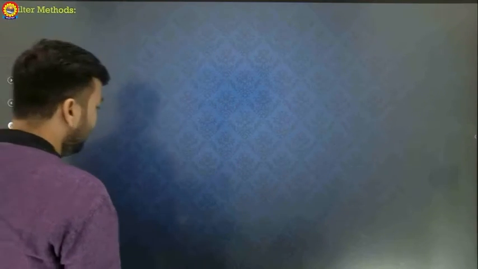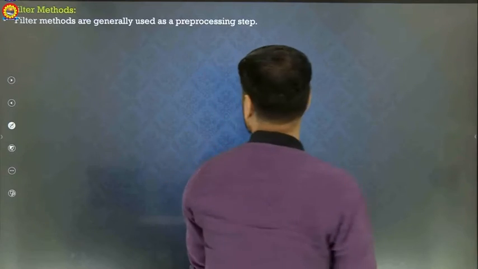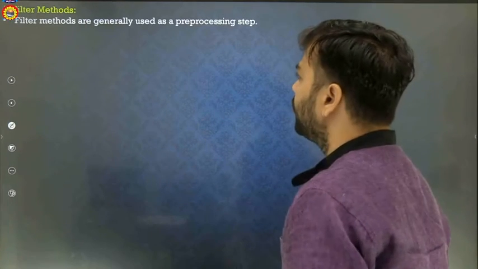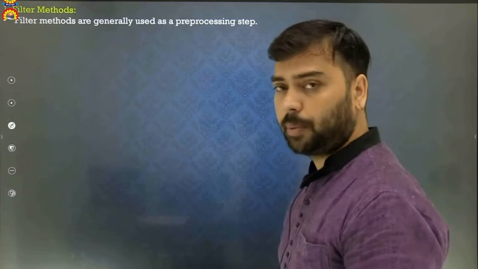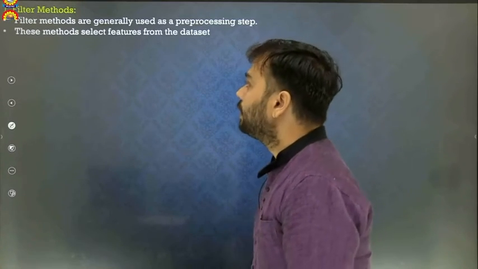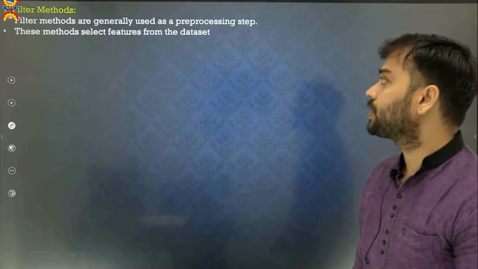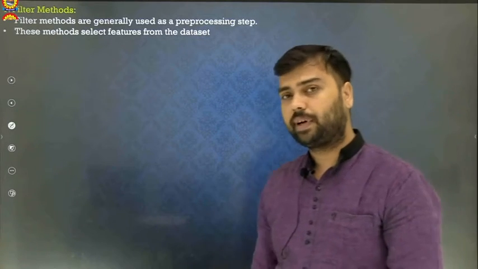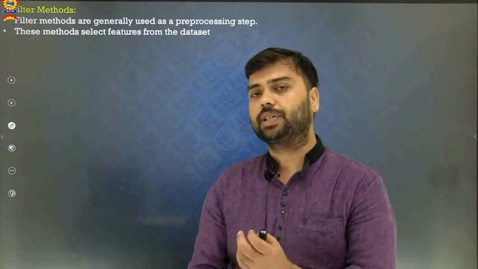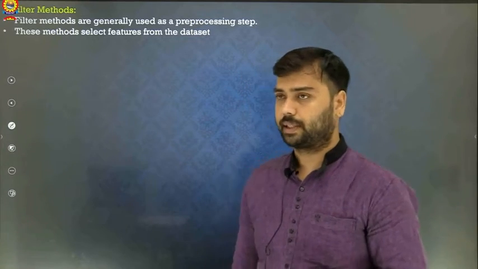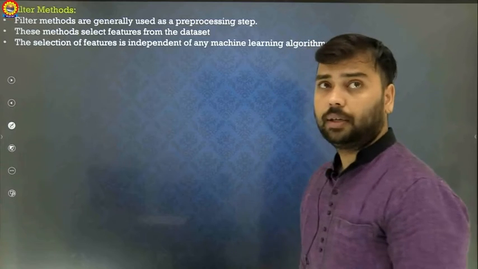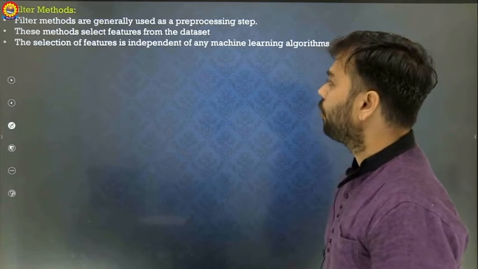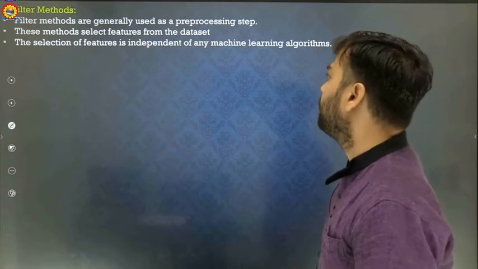Then what is the filter method? As I already told you, filter methods are generally used as pre-processing steps. They are used in the pre-processing of data. These methods select the features from the data sets. So we have a data set and we select the features from that particular data set. Then selection of features is independent of any machine learning algorithm.